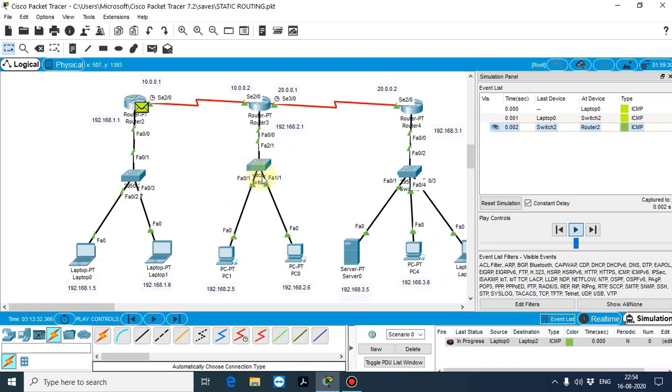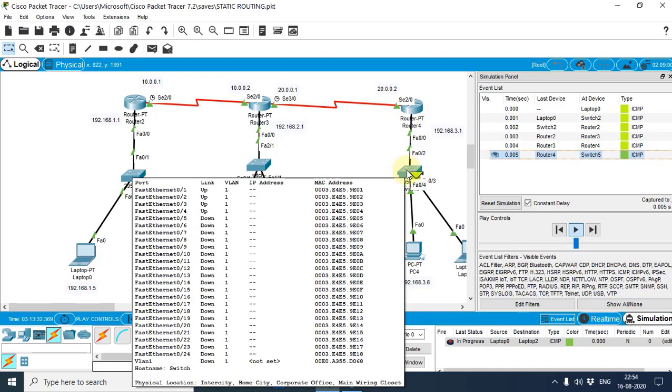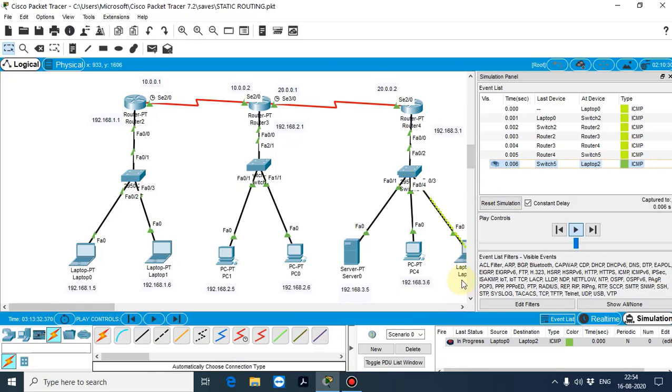Initially it is requested, it passes from router 1 to router 2, and this router 2 transfers the information to router 3. From router 3 it passes to a switch. From the switch the message will be delivered to the destination machine, right?